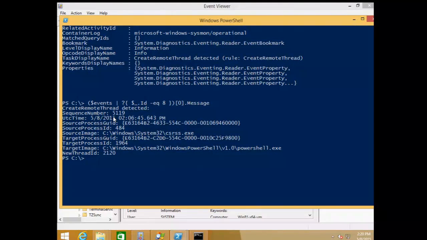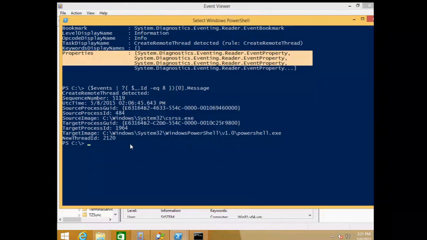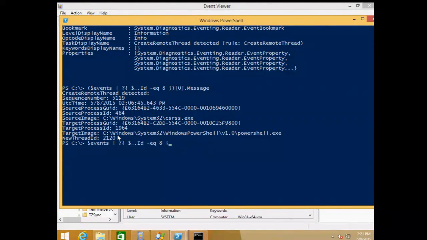If you want to do something with the values themselves, I do not recommend trying to parse through this. I recommend going through the properties instead. These are going to show the properties in order, so property 0, 1, 2, 3, 4, 5, 6, 7, 8. Property 4 is going to be the source image. Property 7 is going to be the target image. So if I do that and then output